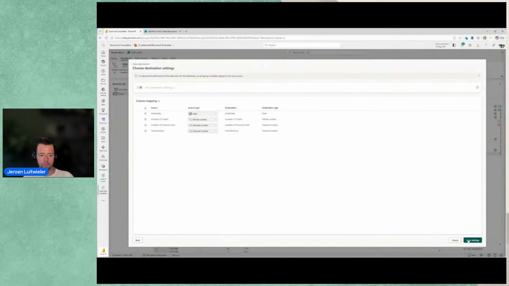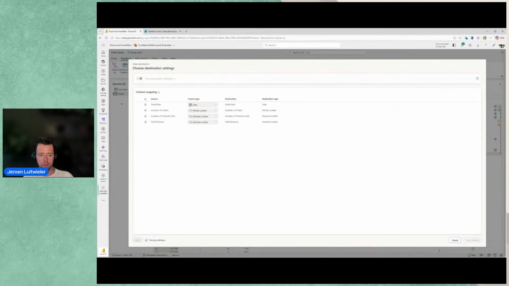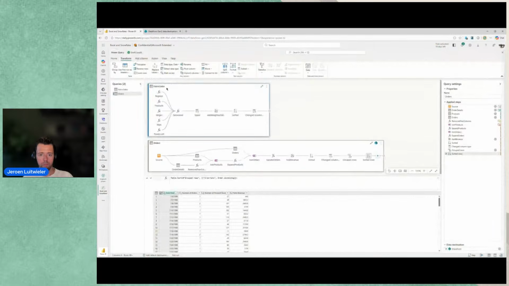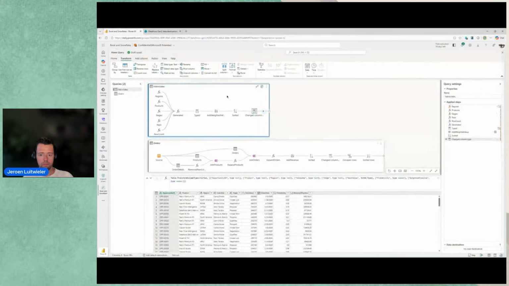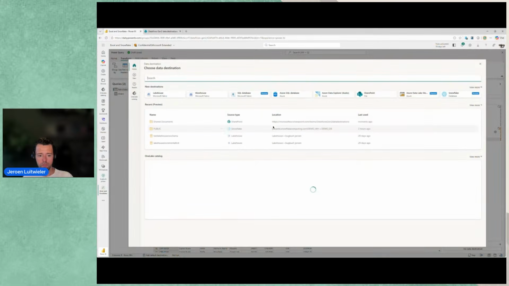And this one we can just skip. The orders are being written to an Excel file. We also want to write our fabric sales to a Snowflake database. In this case, we have the opportunities, the product, the regions, the sales representative, and in which state this deal is. To do this, we are going to add a data destination here, click on more, and we see Snowflake